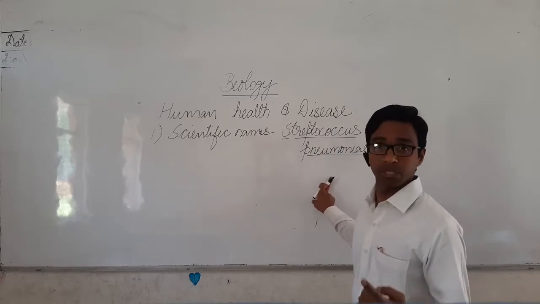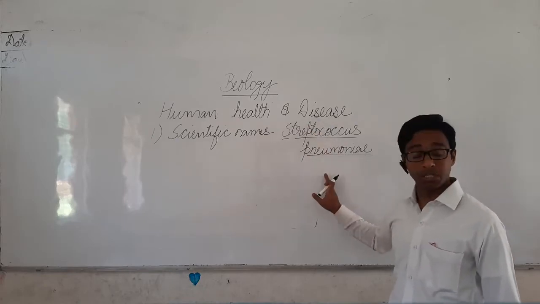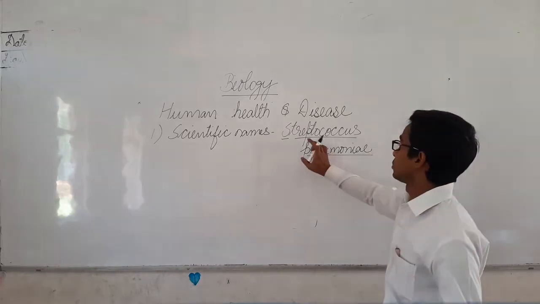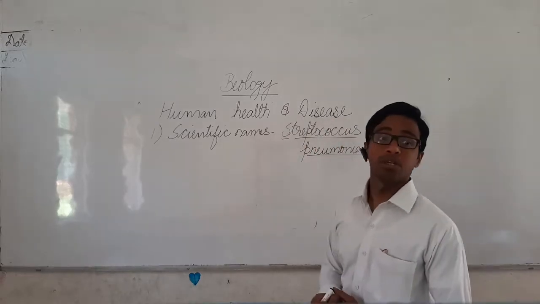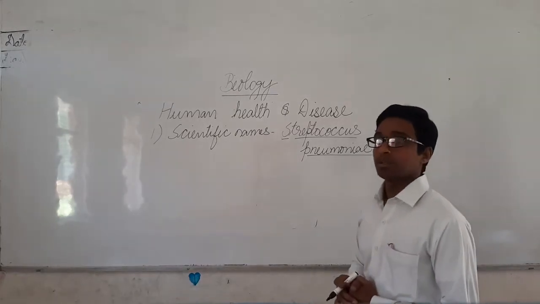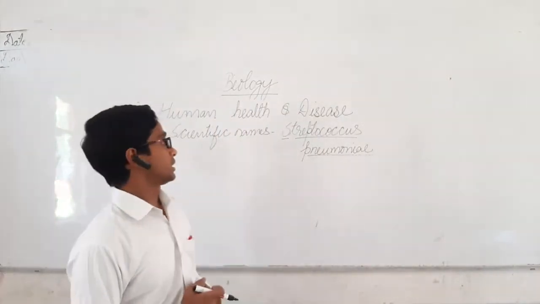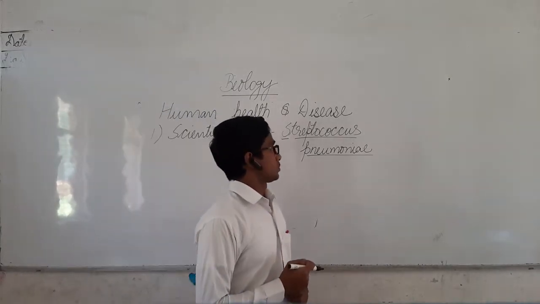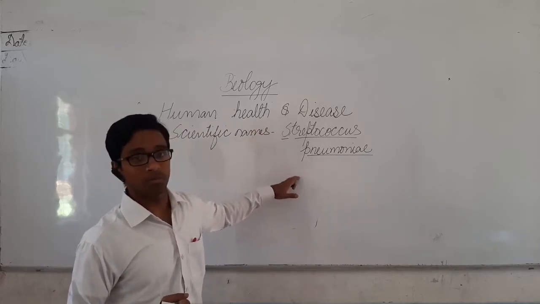One more thing we have to keep in mind is that the genus name and species name must be underlined separately. If you underline both the genus and specific name with a common line, it will also be a wrong format. In that notes, I have marked, and after my correction, the student has corrected it. That's why it has created some confusion among your students. This is the simplest way: genus name capital, specific name first alphabet small.